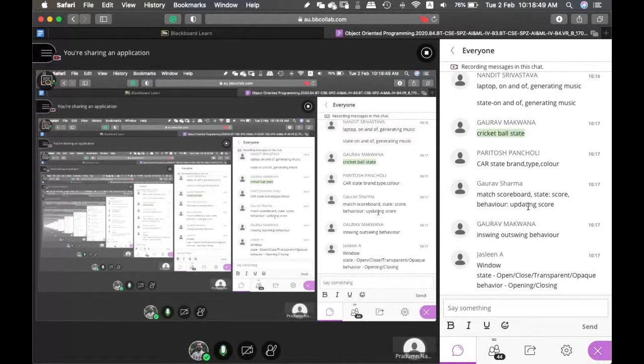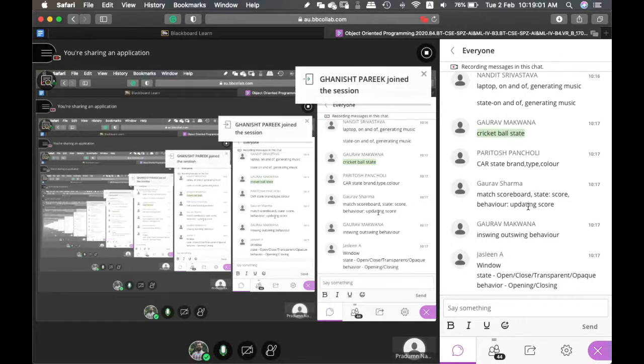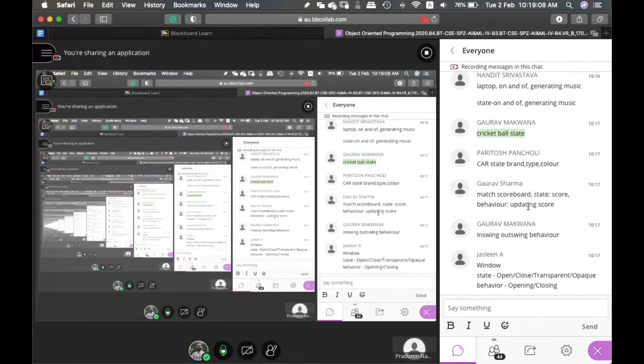Any database table entity, whatever you make, can always be converted to an object, first thing. Whatever database tables you have learned, all of those are examples of objects. Any table can be one object, whatever you have made till now. If you know DBMS well, then you should have many examples with you. Then, how do you change the records? How do you change the values? So you write procedures there. Those are the behaviors for that particular table, right?